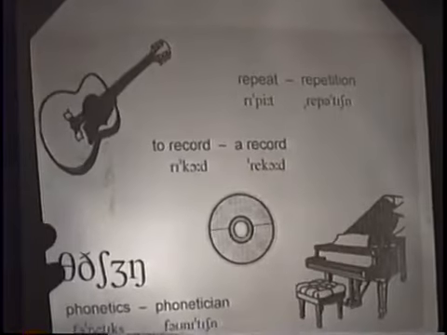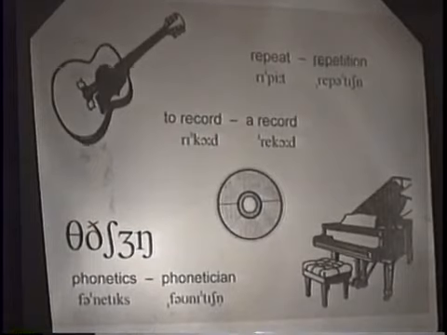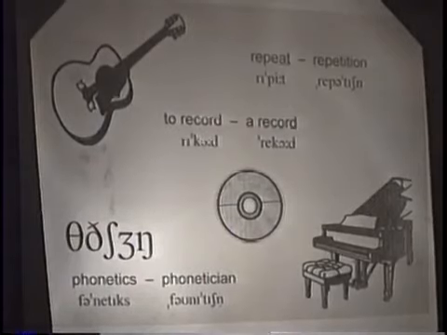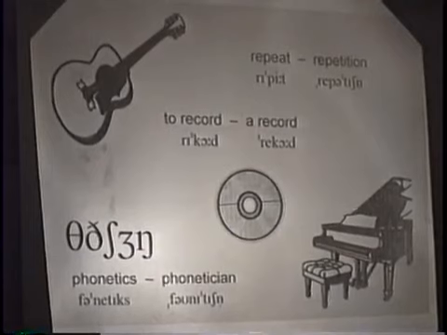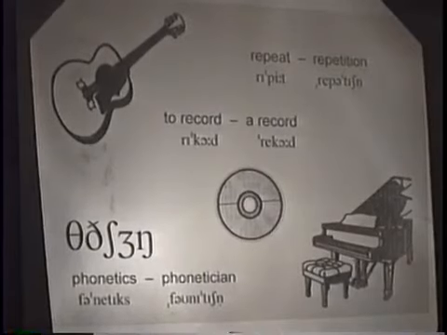Hundreds of these, you really don't need to copy them all down, but there are some more examples. Repeat, but repetition. To record, but for now a record. Notice the effect of causing the stress to come on the first syllable, changes from I to e, record. We can say that e then is the strong vowel and I is the weak vowel derived from it in the verb to record.